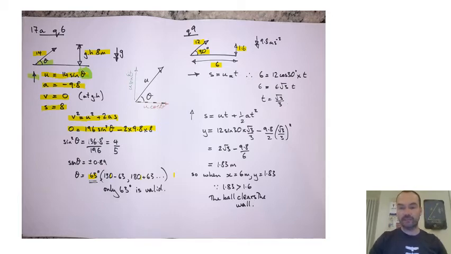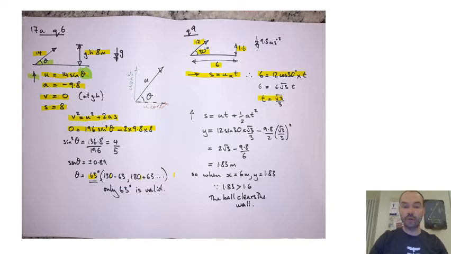And then see if that's above or below the wall. So horizontally, everything changes but ux. Ux stays the same. So distance travelled is u times t. 6 is 12 cos 30 times t. Right, straight away we get an expression for the time taken. Well, if we know the time taken